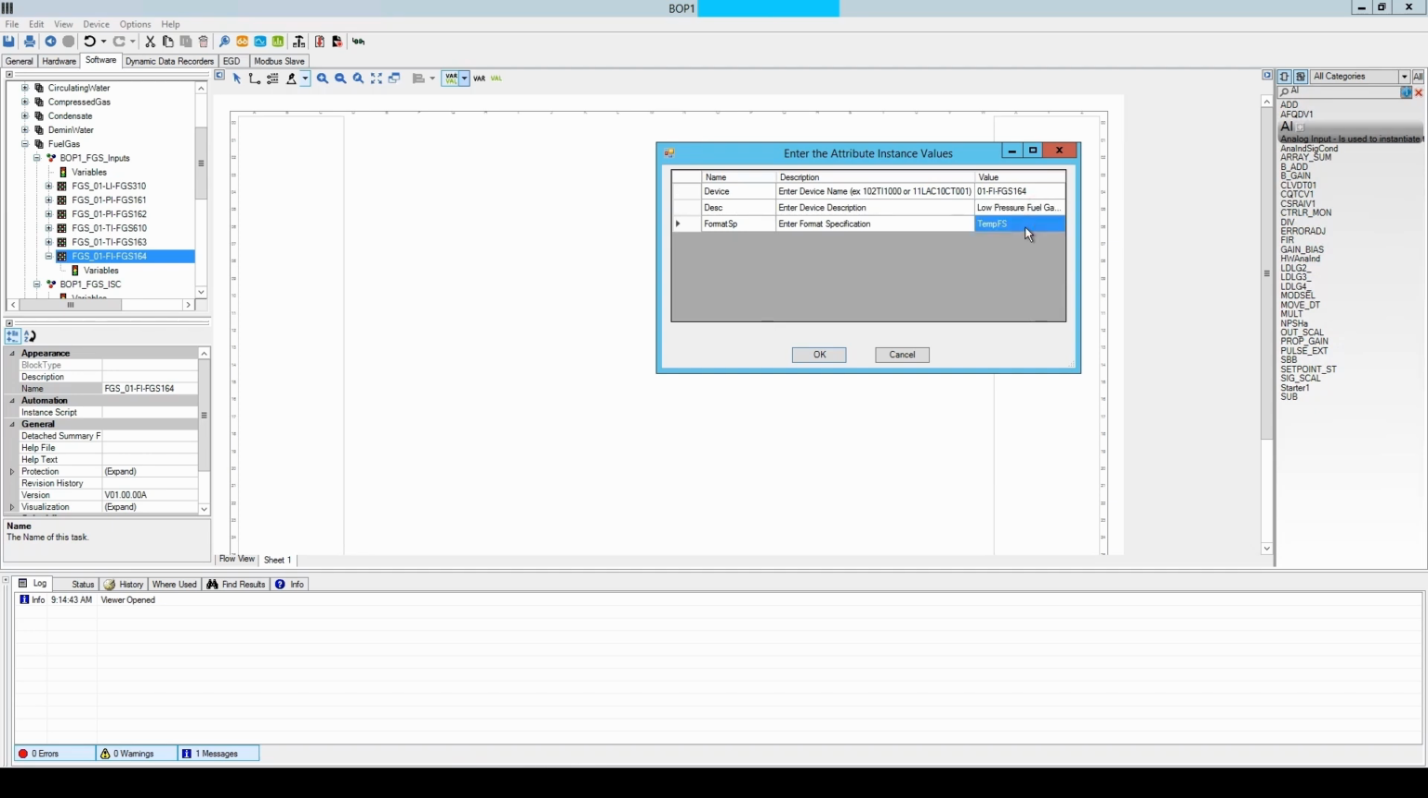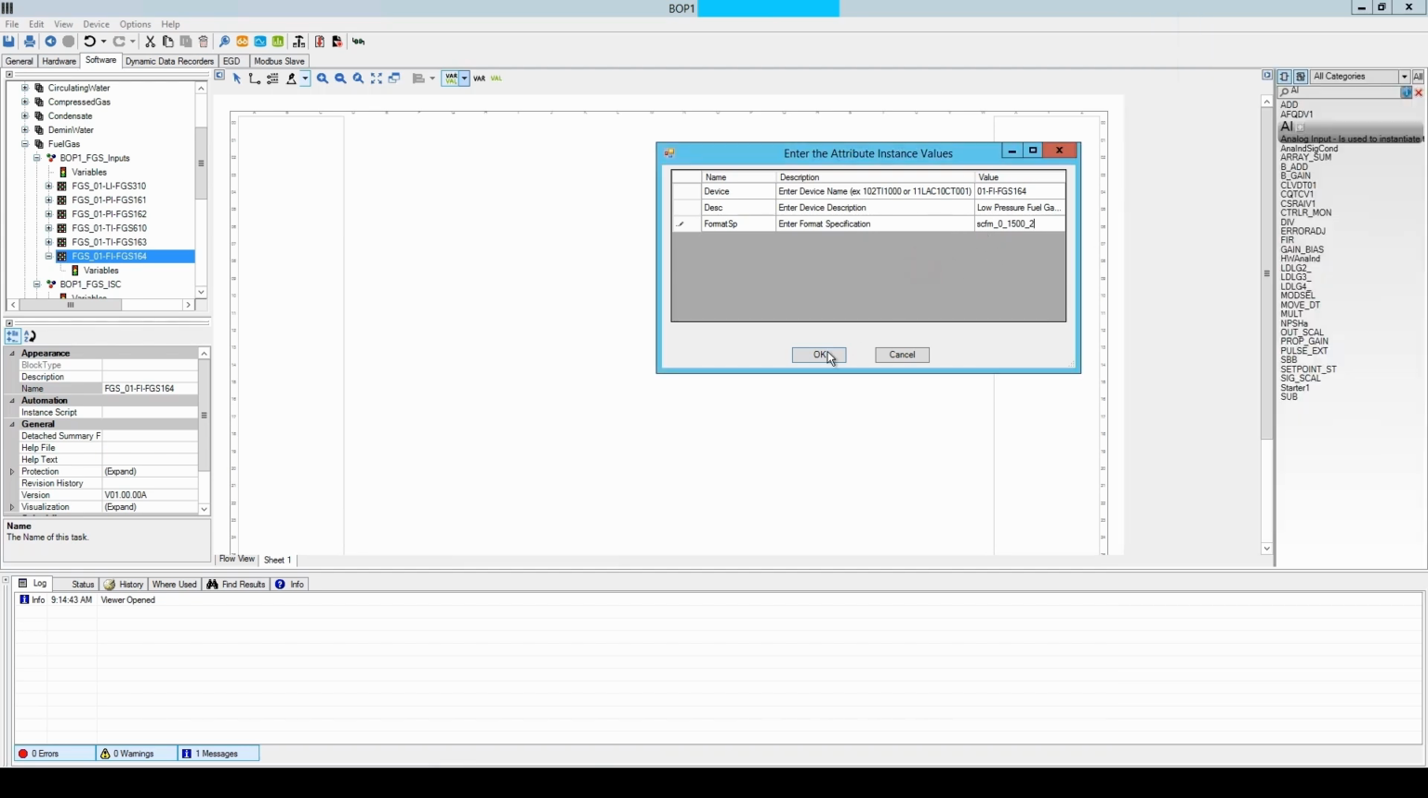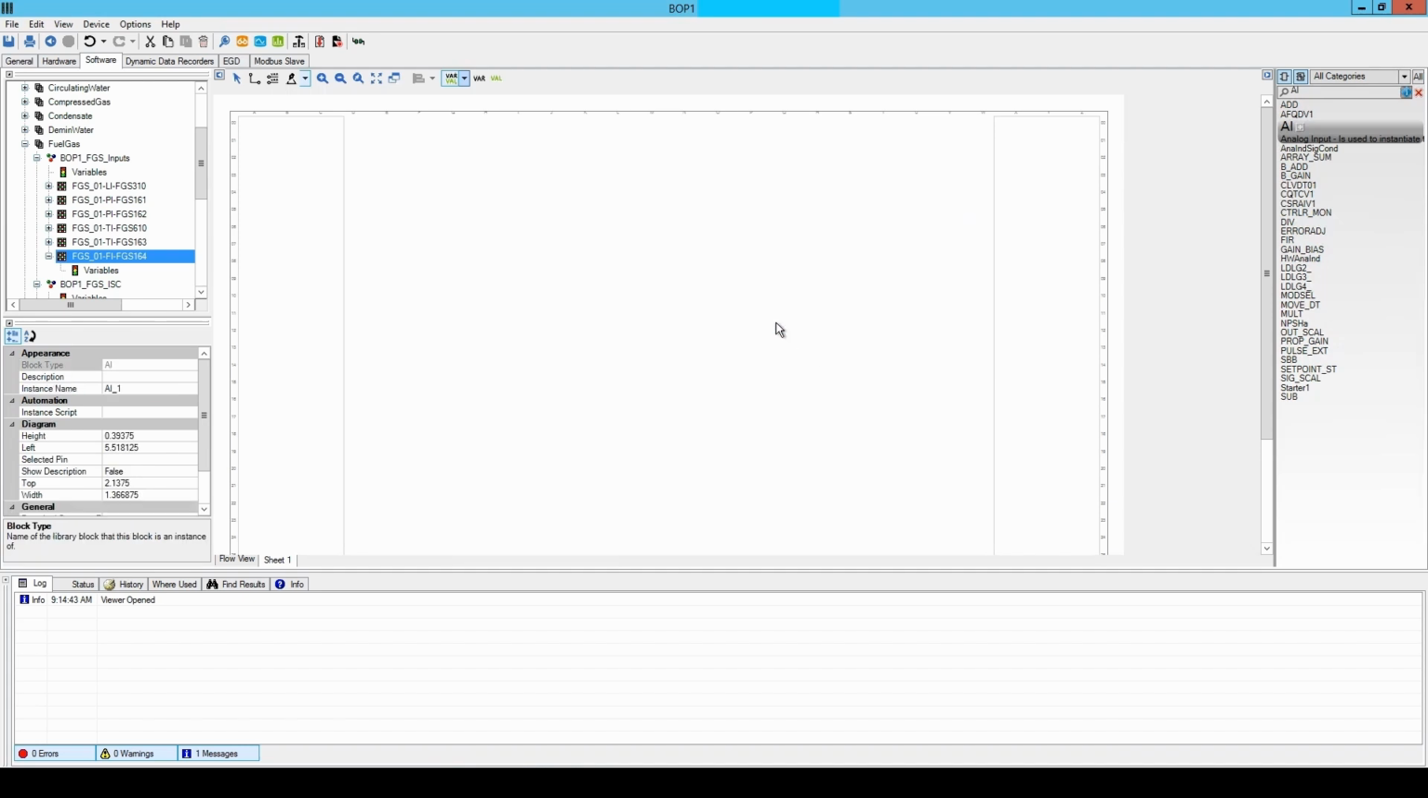And we're going to add a format spec. Now on the format spec, you don't get a drop down. So what I like to do is I make a little notepad that shows all the different format specs and information I'll be using, so I can cut and paste it. So I don't have to try to memorize the different format specs. I'm going to hit OK, and that'll drop it into position. Now I'm going to double click on this AI,